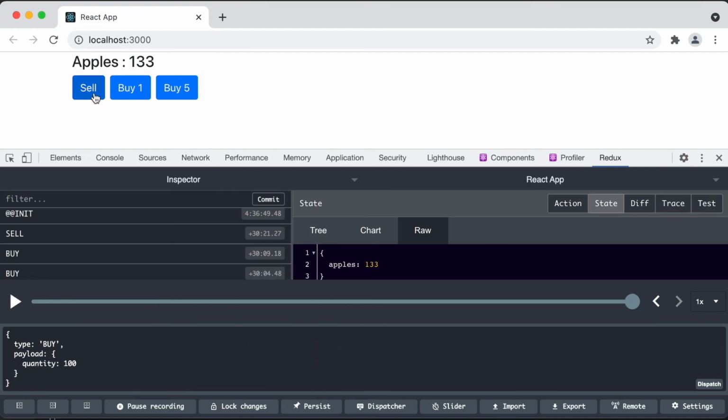Whenever you do an action here, you can come and check what the Redux store looks like. So just play around with it a little bit. It's a very powerful tool, and it would help us. And even in the next video, we will use this while developing the apps.